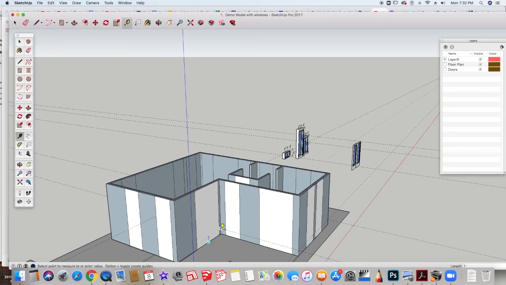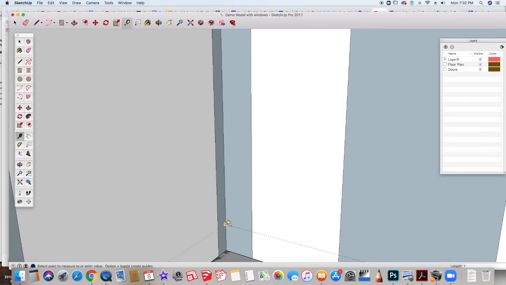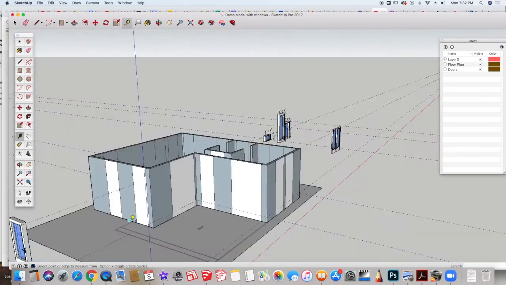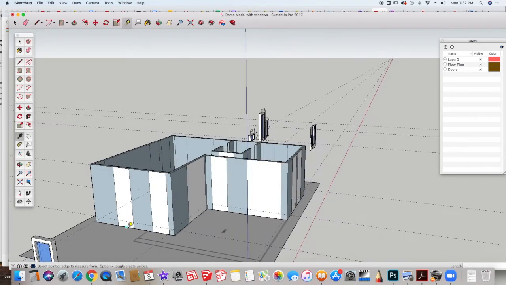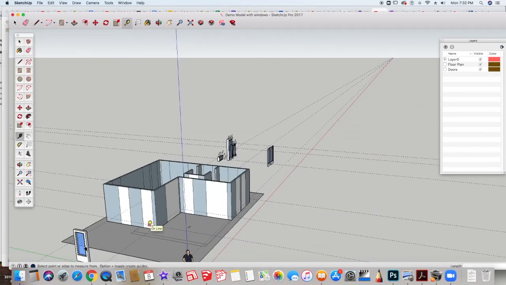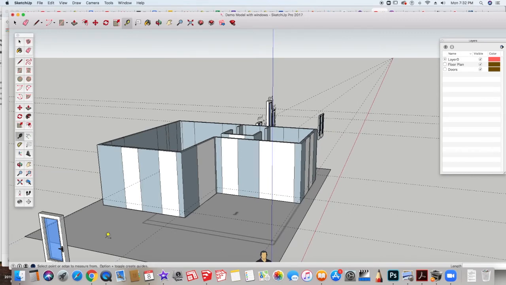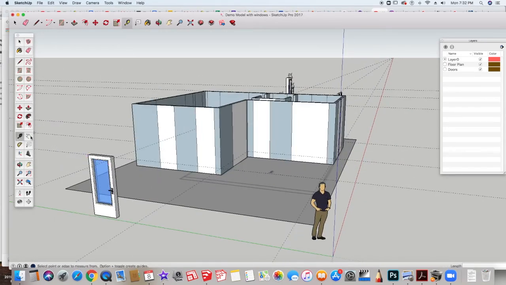And I'm going to use inferencing to do that. I'm going to make sure that I'm inferencing right there to the corner. And I'm going to do another one here, and I'm just going to slide over. So the bottom of my door is going to go right here at the top of that guideline that I just built. Now I'm going to just double check the measurement on my door, and I'm going to see how